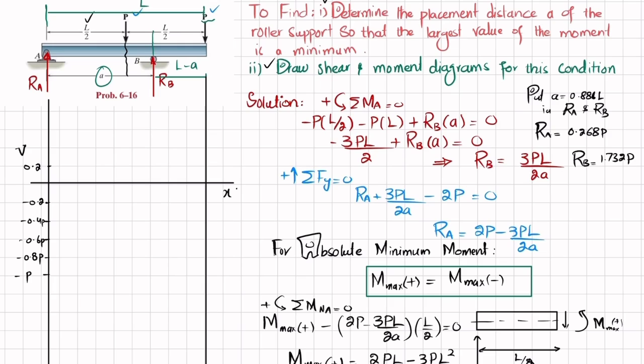Clear? And same at points 2, 3, 4, and 5 we will be having a P. Okay, starting from the first point, RA, which is 0.268 P, so it is upward, so this will be the point. And moving from this till point B, there is no other shear force, so it will remain the same. It will be like a horizontal line,